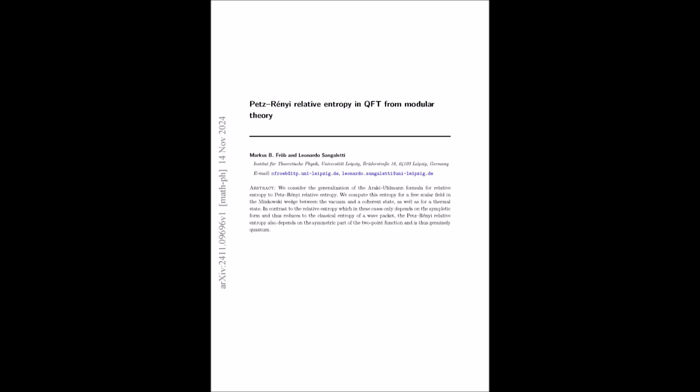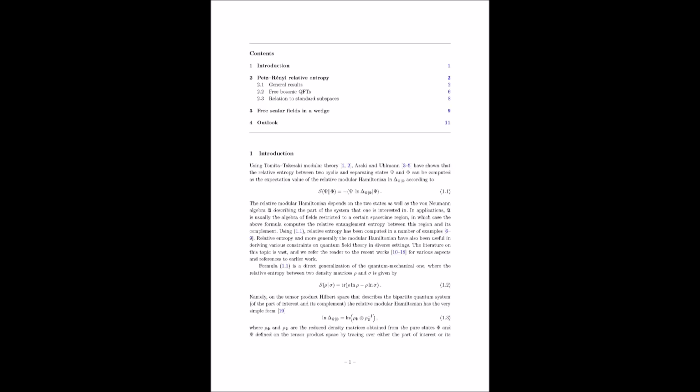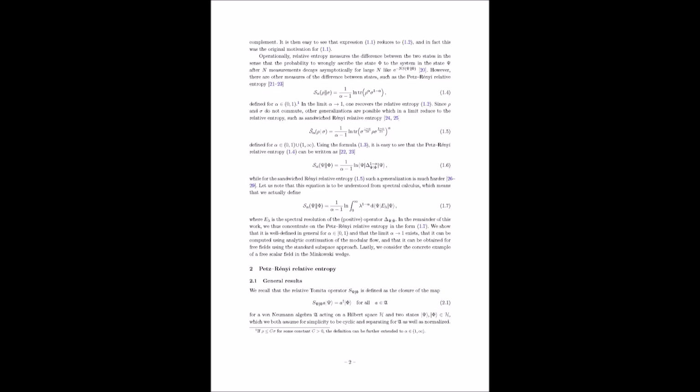Okay. Now, there's this concept that's really intriguing to me: the analytic continuation of the modular flow. Right. Can you break down what that is and why it's important here? Yeah, analytic continuation is a powerful tool in complex analysis. It lets you extend the definition of a function beyond its original domain. Okay. So here, the authors use it to calculate the Petz-Rényi entropy for a wider range of that parameter, alpha.